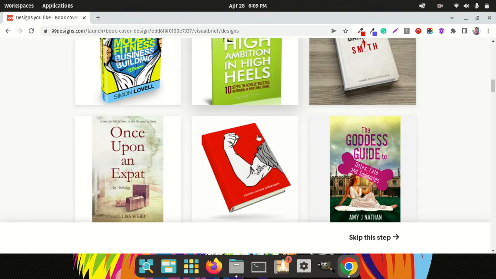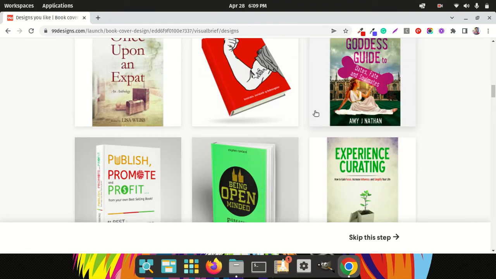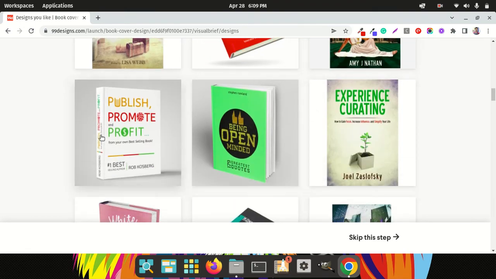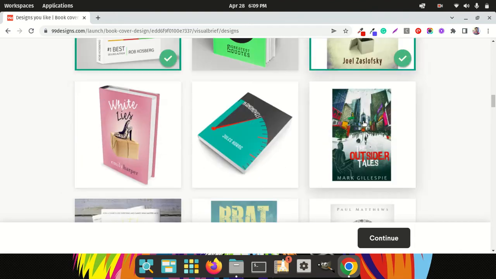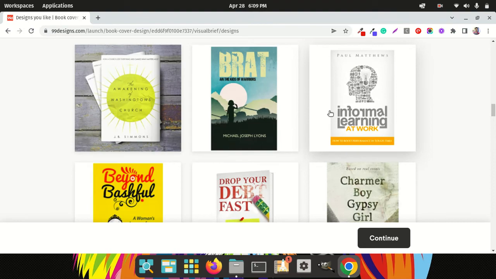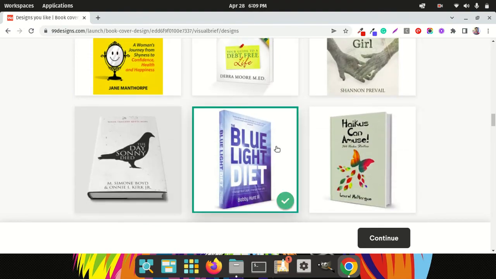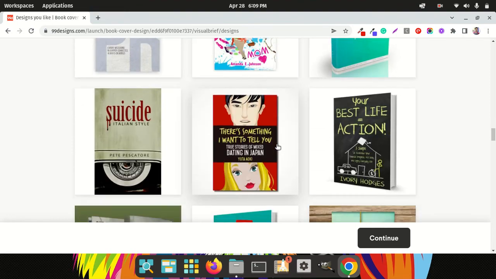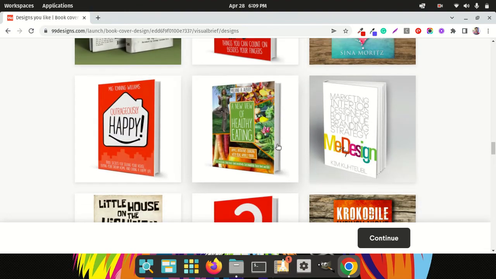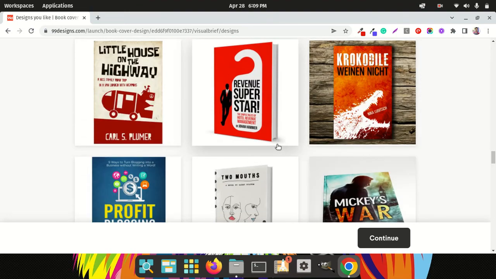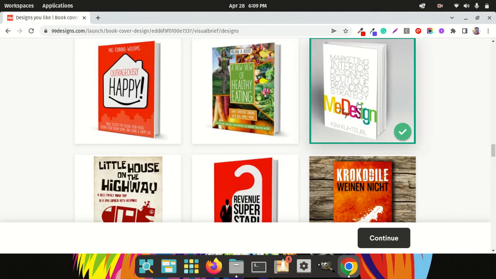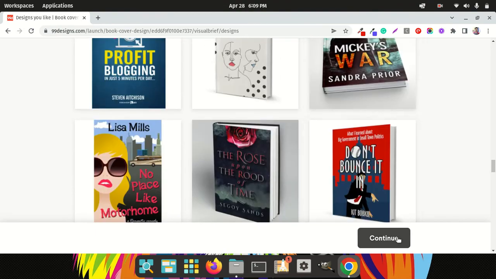No, it looks kind of cheap, I guess. This one is fresh and modern. I also like this one, and I also like this one, and this one too. See, this one also looks nice. Okay, so now after choosing a bunch of designs, you just click on continue,